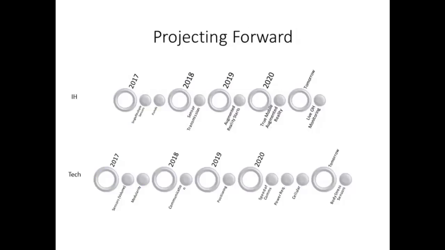So projecting forward, 2017 and beyond, again, the first row, industrial hygiene field and the technology field. You'll see that 2020, true mobile augmented reality. This may sound futuristic, but within the next year or so, we will be able to do predictive analytics in industrial hygiene. We'll be able to do all kinds of computing parameters so that it will not just sit out there and monitor for you, but we'll actually have the ability to say, hey, I've sensed this and this, we need to watch out for this. It's not quite here yet.